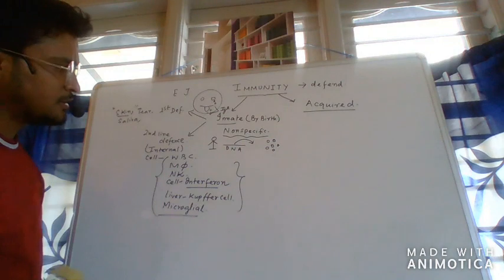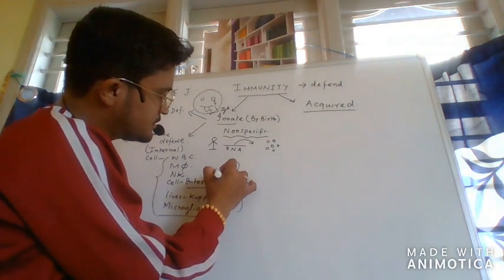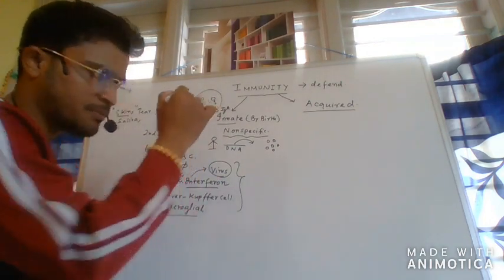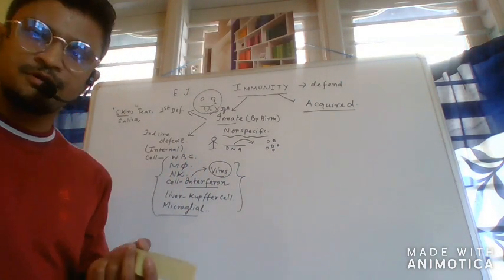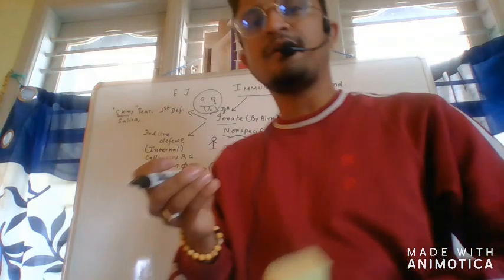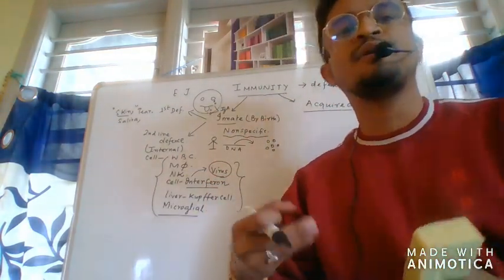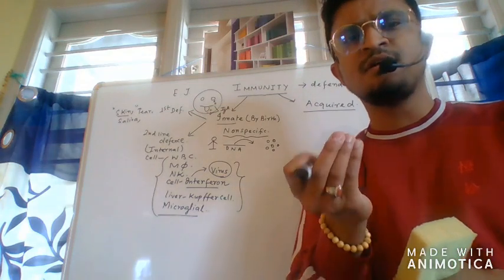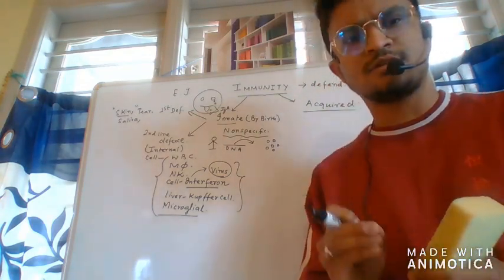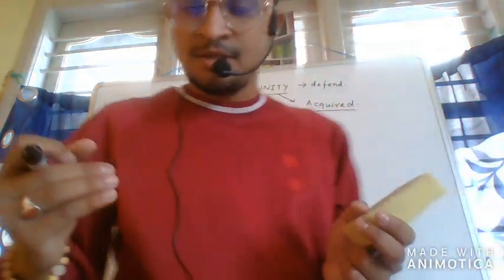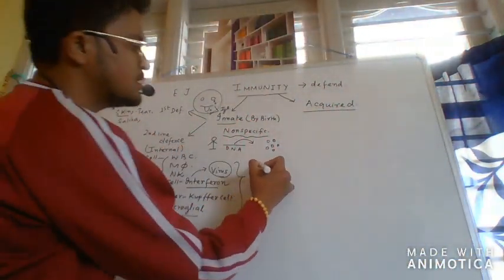Acquired immunity. Now you can ask me the question: why, sir, can this coronavirus not be destroyed by the interferon protein? Whenever a cell is infected by a virus, that healthy cell, when it is on the verge of death, will automatically start secreting interferon. It is a globular protein-like structure that will stop the viral pathway or viral life cycle. Still, the scientists are working. That is the interferon